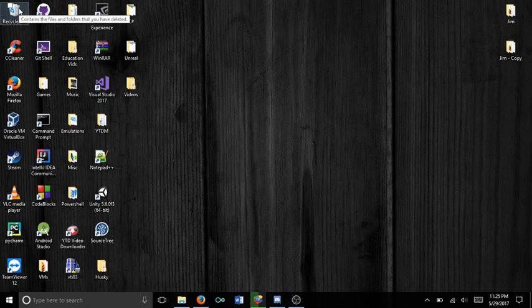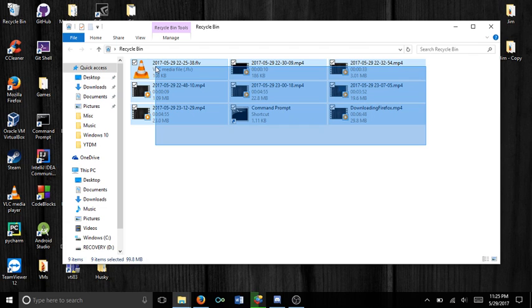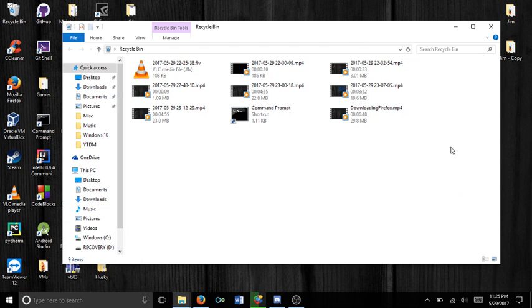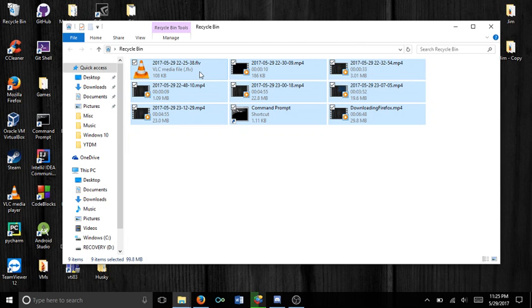I always like to have it on the top left. It's just my preference. You can move it wherever you like, but I like to have it on my top left. So I'm going to double click that, and as you can see, I got a bunch of videos. So what I like to do is highlight it all. On my left click, I don't let go. I hold it down the whole time, and I highlight everything, and then I right click, and it'll give me